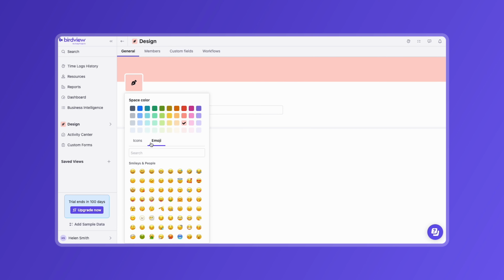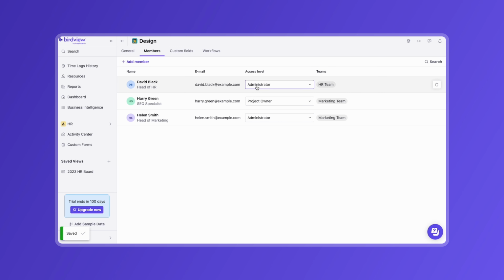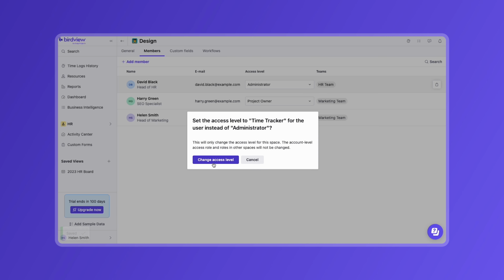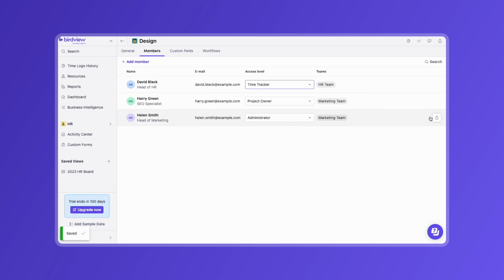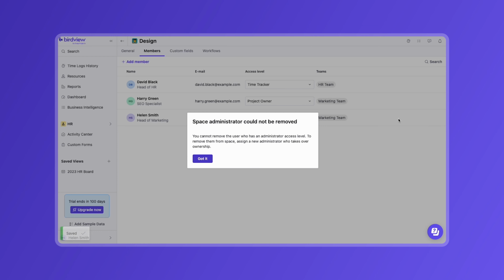It's crucial to understand your space's goals, ensuring you invite the right people and manage their access levels based on their roles. Note that each space should have at least one administrator, and this administrator doesn't necessarily have to overlap